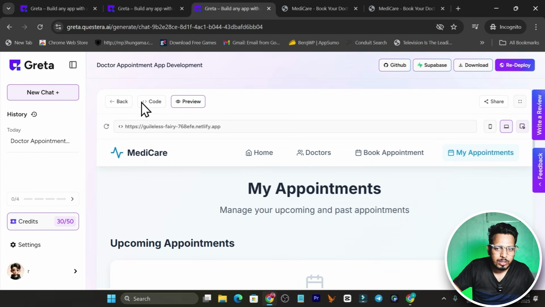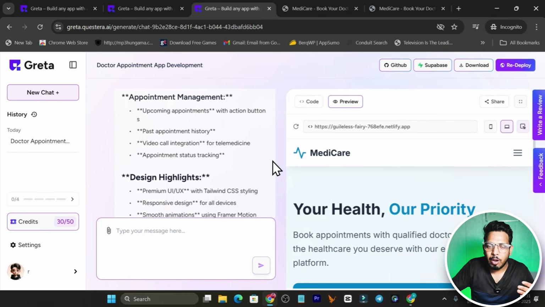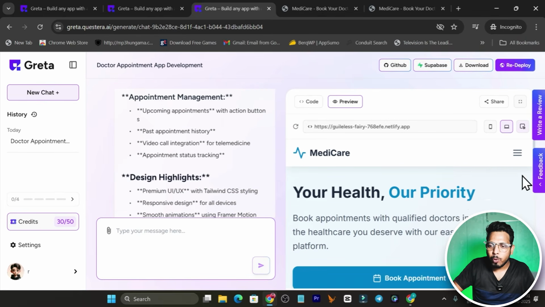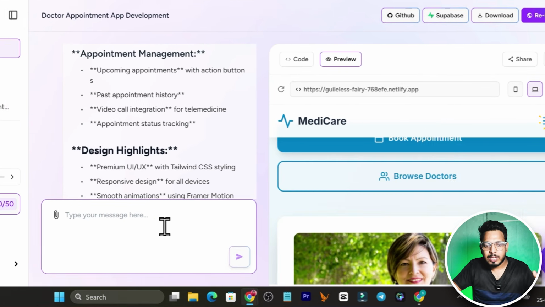And this is not just the end here. I can just give more commands to the AI if I want to add more features or make some changes. For example, I want to add one more thing here in the menu section, like adding a dashboard for the